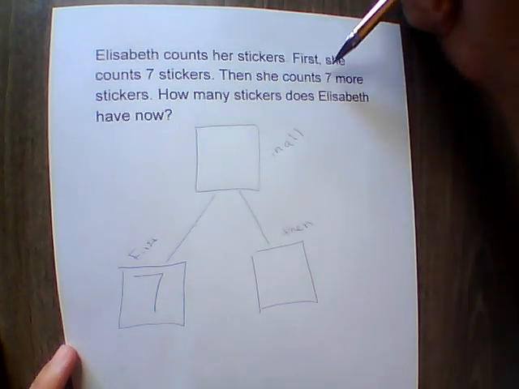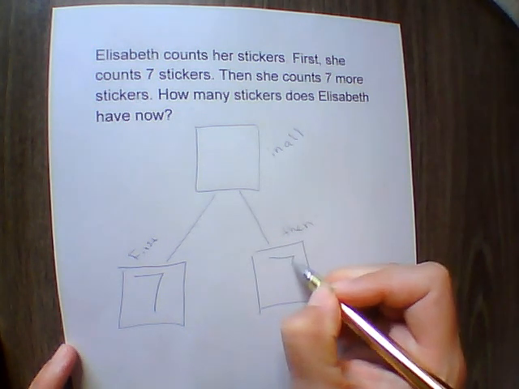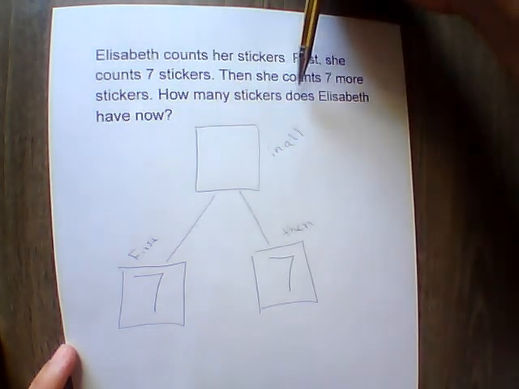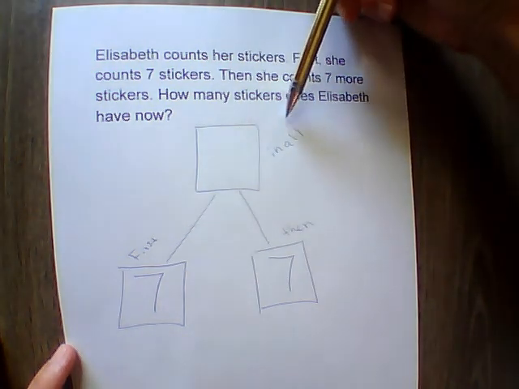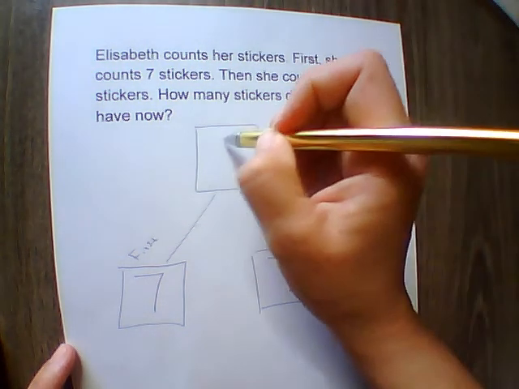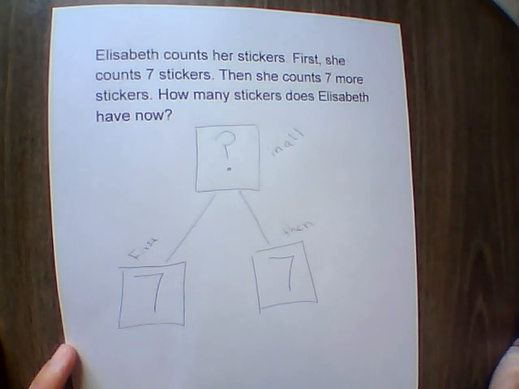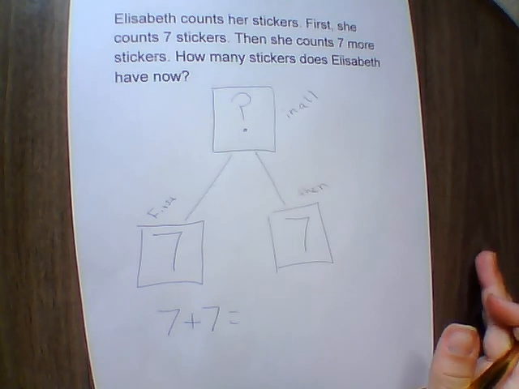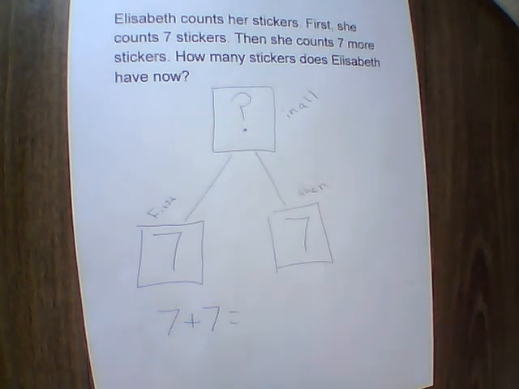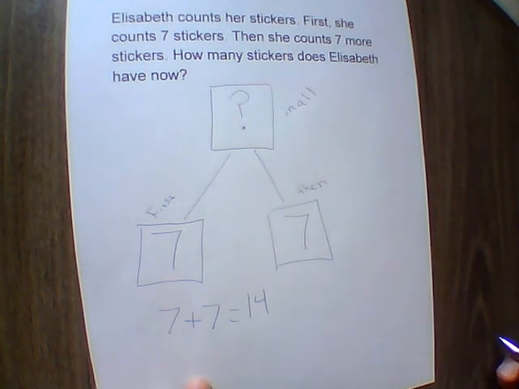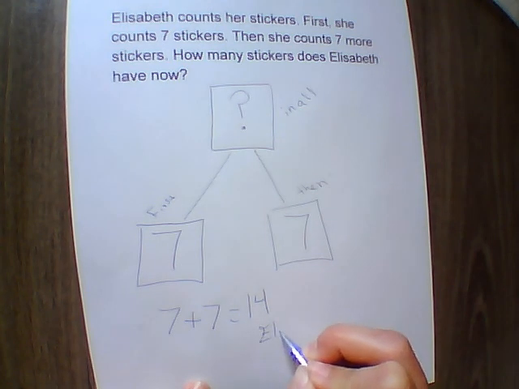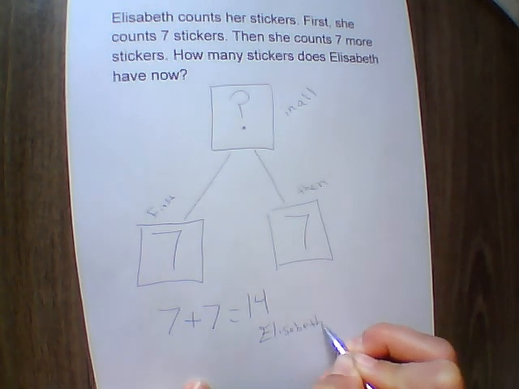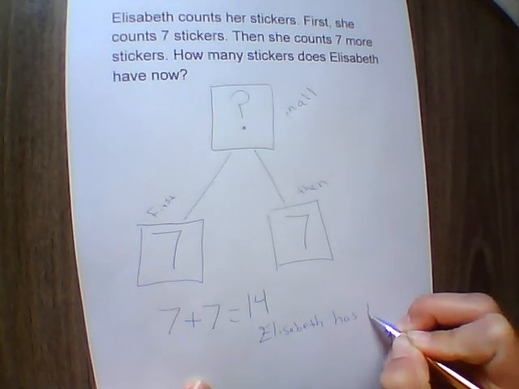Then she counts 7 more stickers. How many stickers does Elizabeth have now? And we can even say in all, even though they don't write it. Question mark. And then we're going to set this up. 7 plus 7 equals, and that is a double fact. And 7 plus 7 equals 14, but we're not done yet. Elizabeth has 14